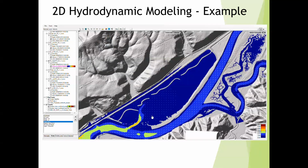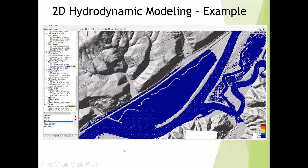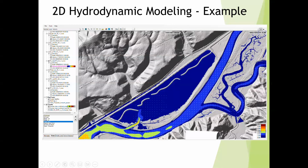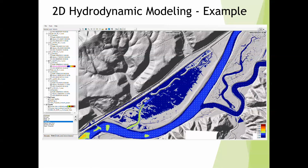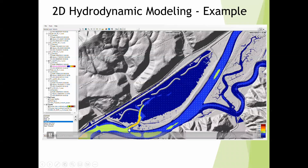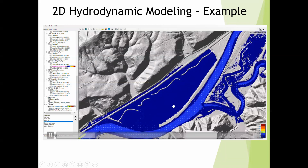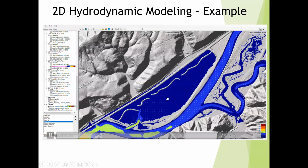I have just a couple quick examples of 2D models running, just so you can kind of see. Noel generated the really nice inundation mapping of the previous modeling work. But what you can see in this model, similar to that inundation extent, the colors that you see here are velocities. And so on this site, we're getting much higher velocities in the channel itself than out on the marsh plain. This is about a 300-acre site, so we're really zoomed out here. But